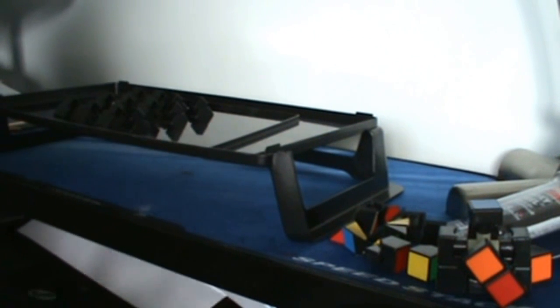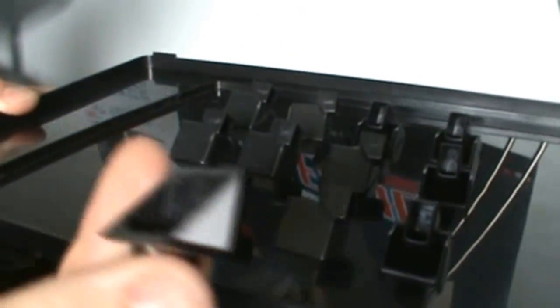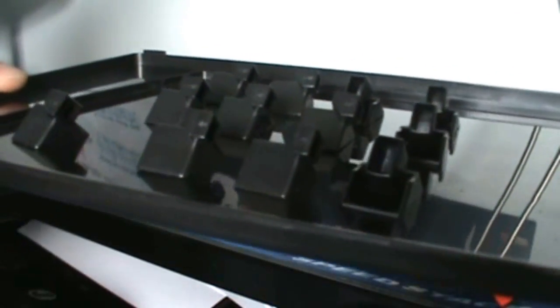Alright, so now we're at the point where we want to cap these pieces, and capping it is not as hard as you might think it is. There's kind of a method you could use, and that makes it very easy. What we're going to be doing is just basically gluing the pieces onto this piece of plastic, like this. Now these aren't glued yet, but it's basically smother the piece in glue, be very liberal with the amount of glue you use, and just stick it on. When we're done and the glue is all dry, we can cut out the pieces individually and work with them